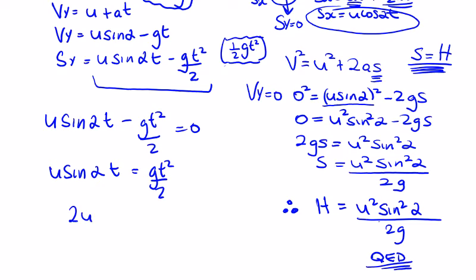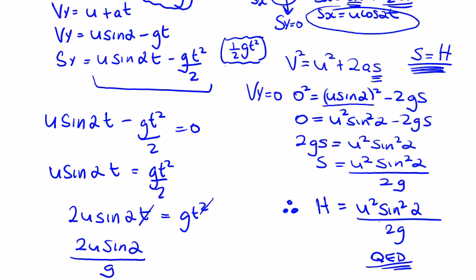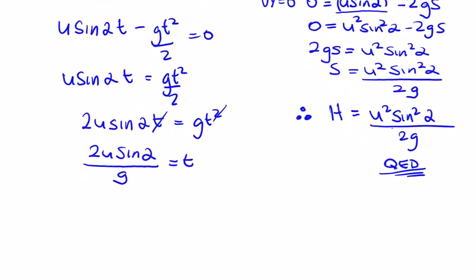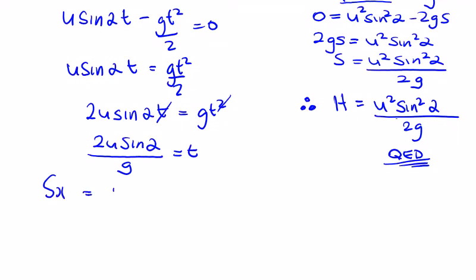So multiplying across by 2, 2u sine alpha times t is equal to gt squared. So we're going to cancel the t with the squared part. So to get t on its own is 2u sine alpha divided by g. And now we need to multiply this. This is equal to time. There would also be a time of 0 in here. T could be equal to 0, but we're just going to look at the time taken to get the furthest distance. So the displacement x, this s of x is equal to u cos alpha times t, which is 2u sine alpha